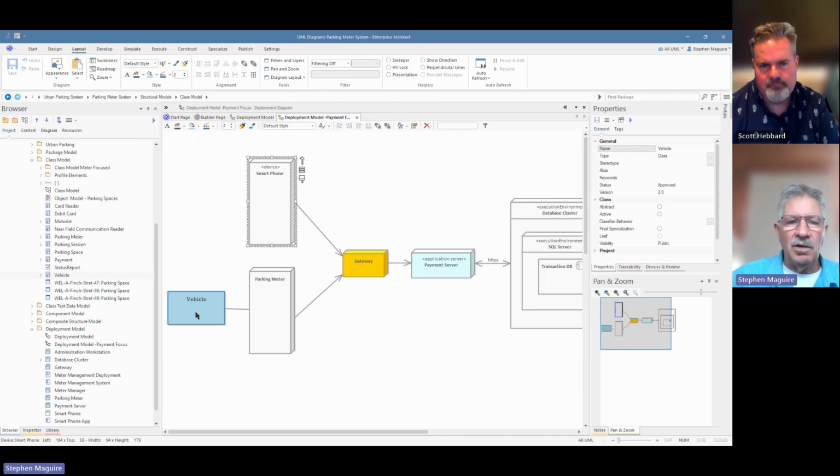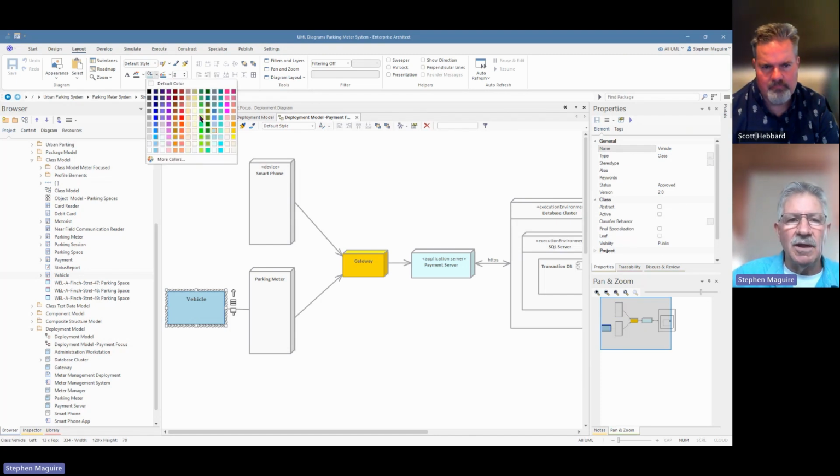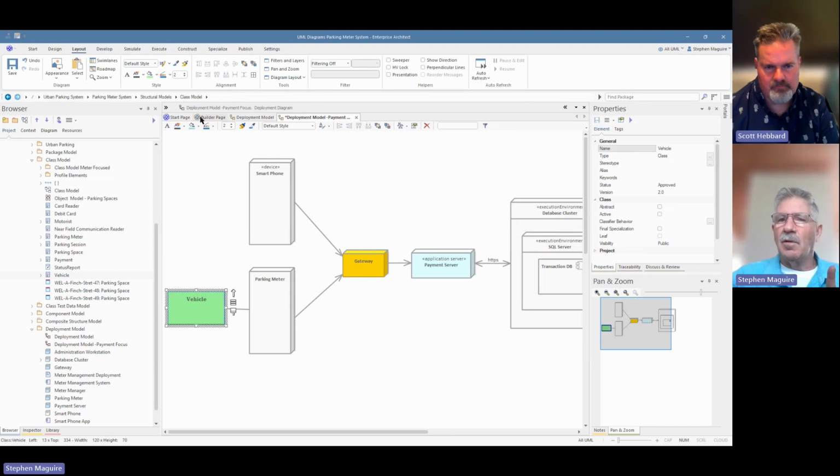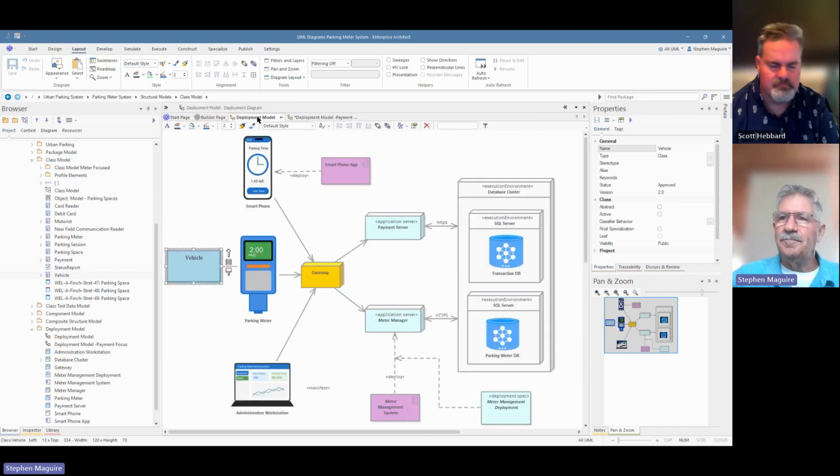Now what happens if I select this one here and say, look, I want to select a local appearance, and I'll go back to that green. So now it's green. Now what do we expect is going to happen on the other one? So it's still the same. And if I was to put that onto a third diagram, it would go on as the blue color. It's just that the local